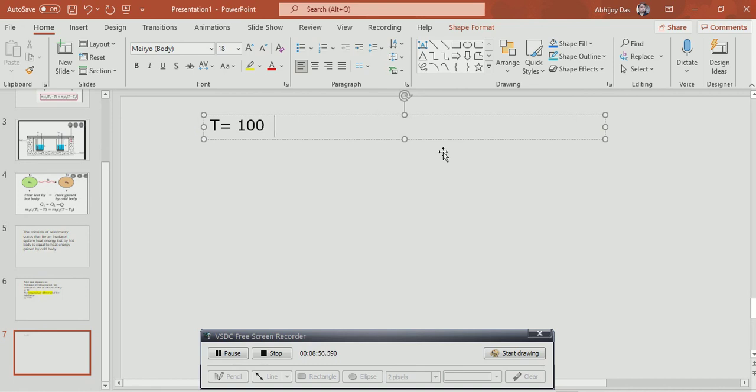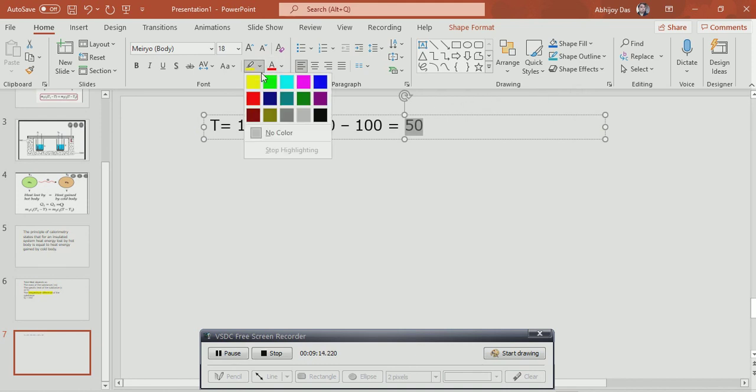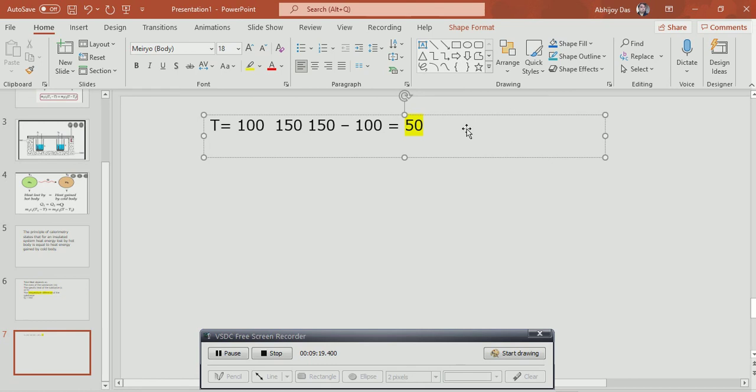Clear? It can happen that my object temperature is 100 degrees Celsius and the new temperature is just 101 degrees Celsius. So how much is the temperature difference right now? It is 101 minus 100, that is equal to only 1 degree Celsius that I need to increase. So remember that more the temperature difference, more is the absorption of heat.